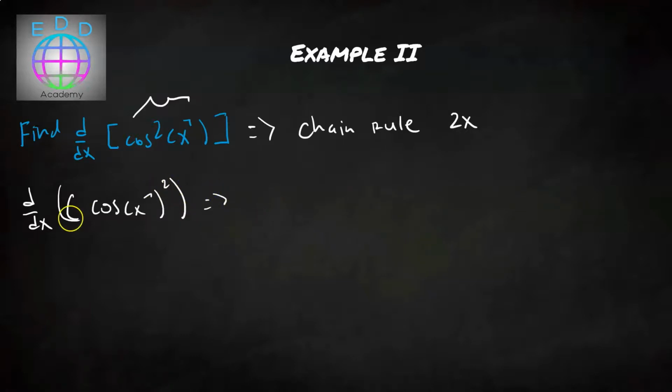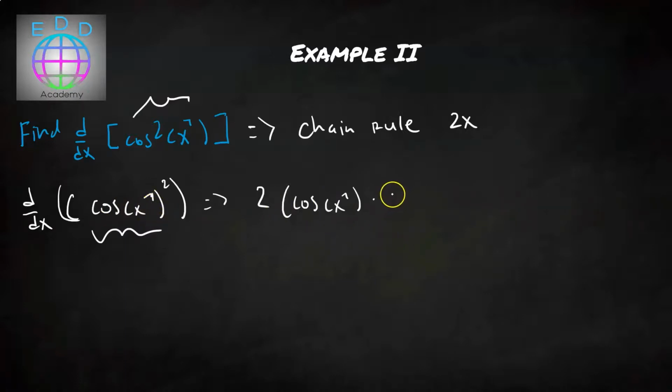So if we use the power rule, we have 2 times cosine of x to the 7th times, well, this is our interior function in this case, cosine of x to the 7th, not just x to the 7th, so we multiply by the derivative of cosine of x to the 7th,